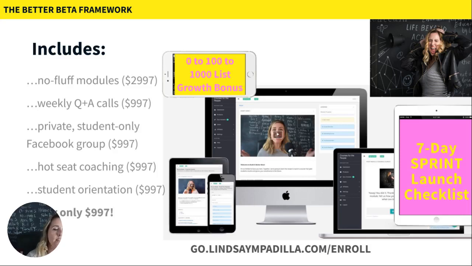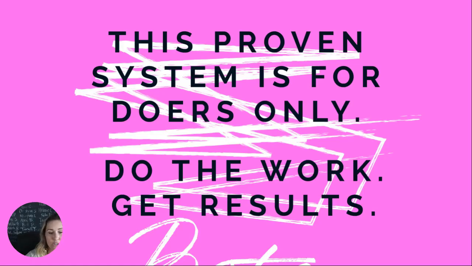So I want the sprint launch to happen for you so you can pay for this by yourself within a day. It is for the doers, the people who do the results. So, I mean, I'm a teacher. I see people fight about this all the time. Like, who owns the outcomes of your students? I believe it's actually 50-50. I believe you have to meet me halfway and I have to meet you the other half.